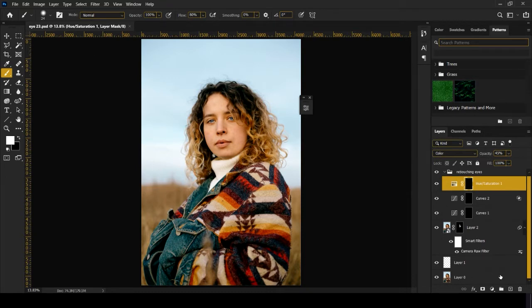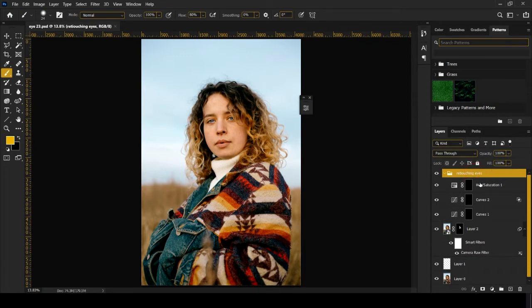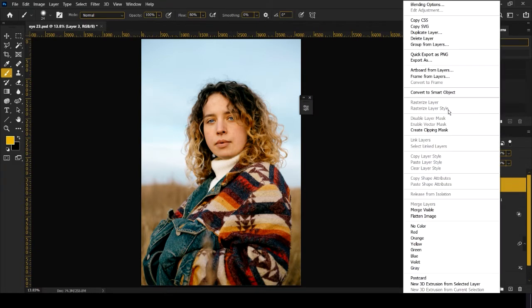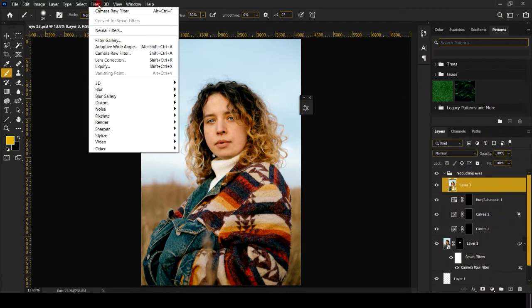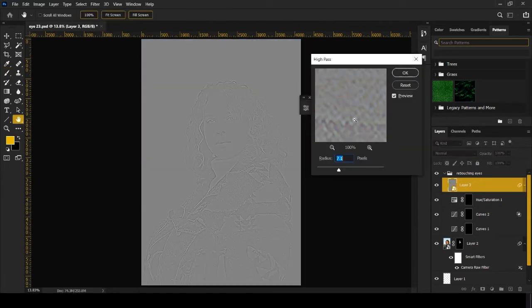Now let's move on to the next step of this retouching eyes. For that we'll again create a merged visual layer. We can create it by pressing Ctrl Alt Shift and E all together, clicking on convert to smart object, filter, other, high pass. You can zoom into the eye if you want. Just reduce it to 0 and slowly increase it where you see all the details. Not this much, just where you see the details and there is no haloing in the edges. See, this is good.